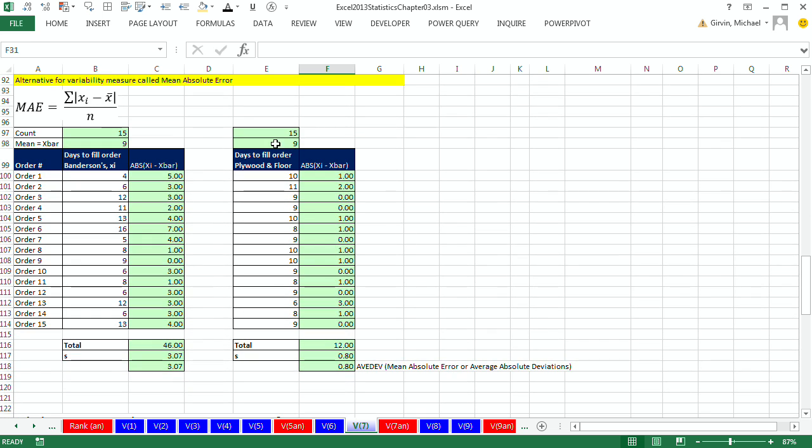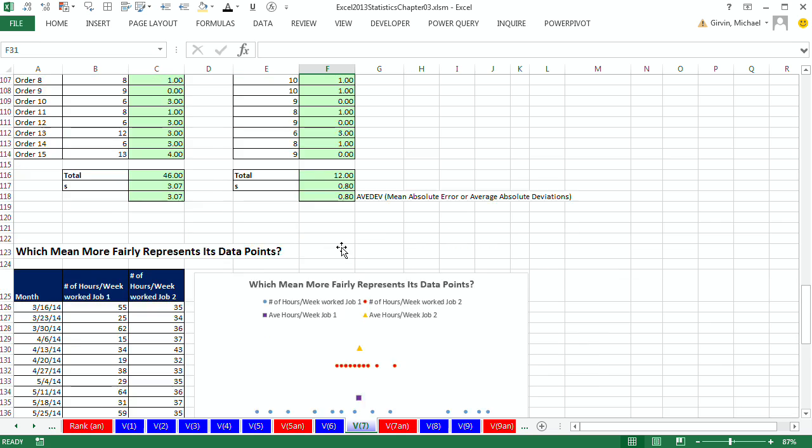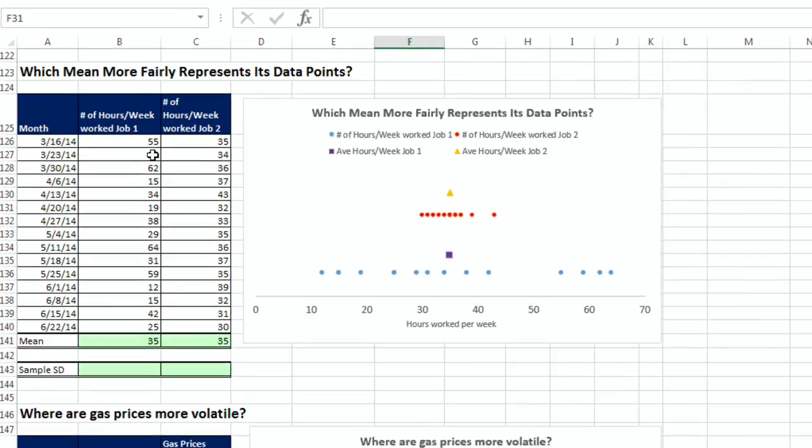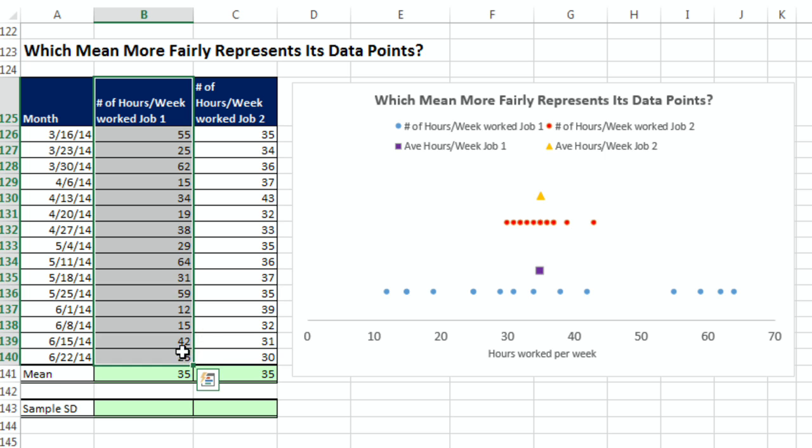There's also other ways. So instead of squaring, well, you could take the absolute value of each one of these and then divide by the count. It gives you a slightly different number, but sometimes people use that to measure dispersion. Now, we want to come down here. Here are our hours per week for each one of these. So let's go ahead and calculate. We clearly see from our visual portrayal here that the mean from job number 2 more fairly represents its data points. But let's get our measure equals